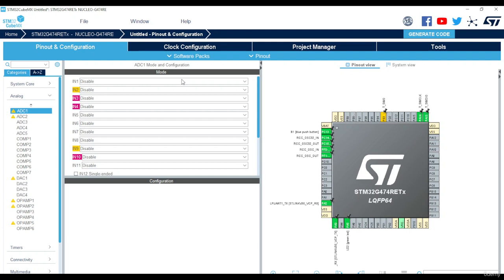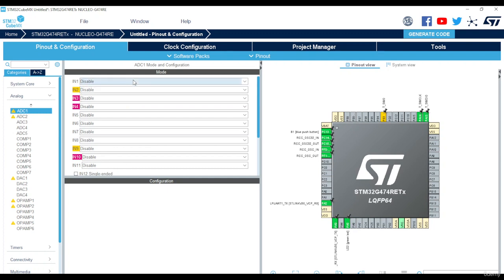By far, I think the most convenient way for closed loop control is to use the DMA, and I'm going to show you how and why shortly. Maybe not in this section, but in the next section,